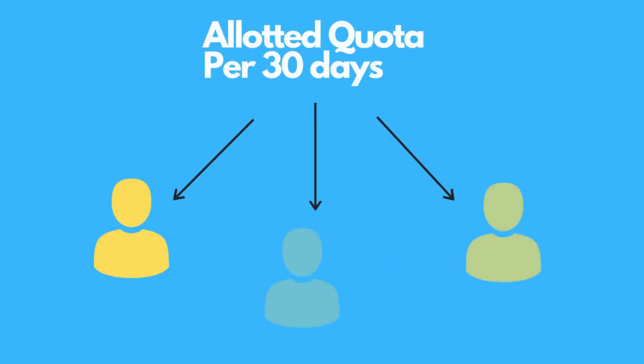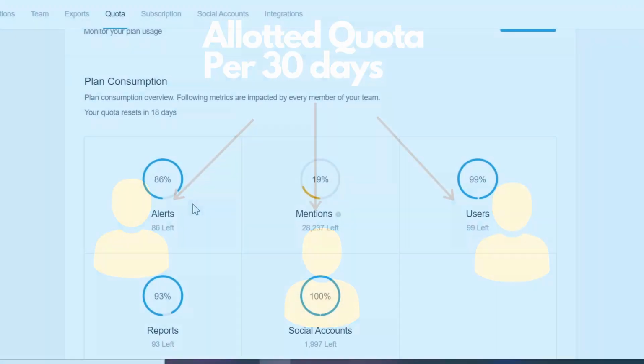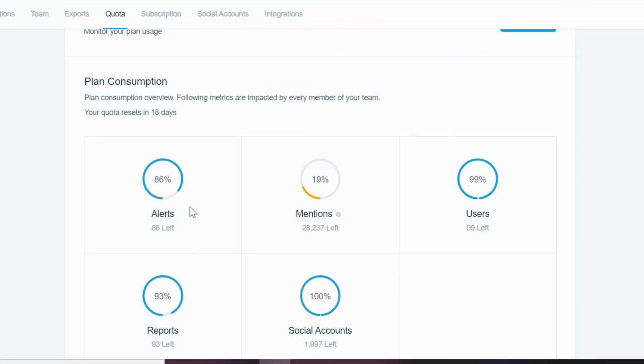This means that if, for example, you have a total of 10,000 mentions and one of your teammates makes an alert that uses 5,000 mentions, you will only have 5,000 mentions remaining for the entire subscription until the end of the 30-day quota cycle. If you are an admin of a team account and you want to view how much